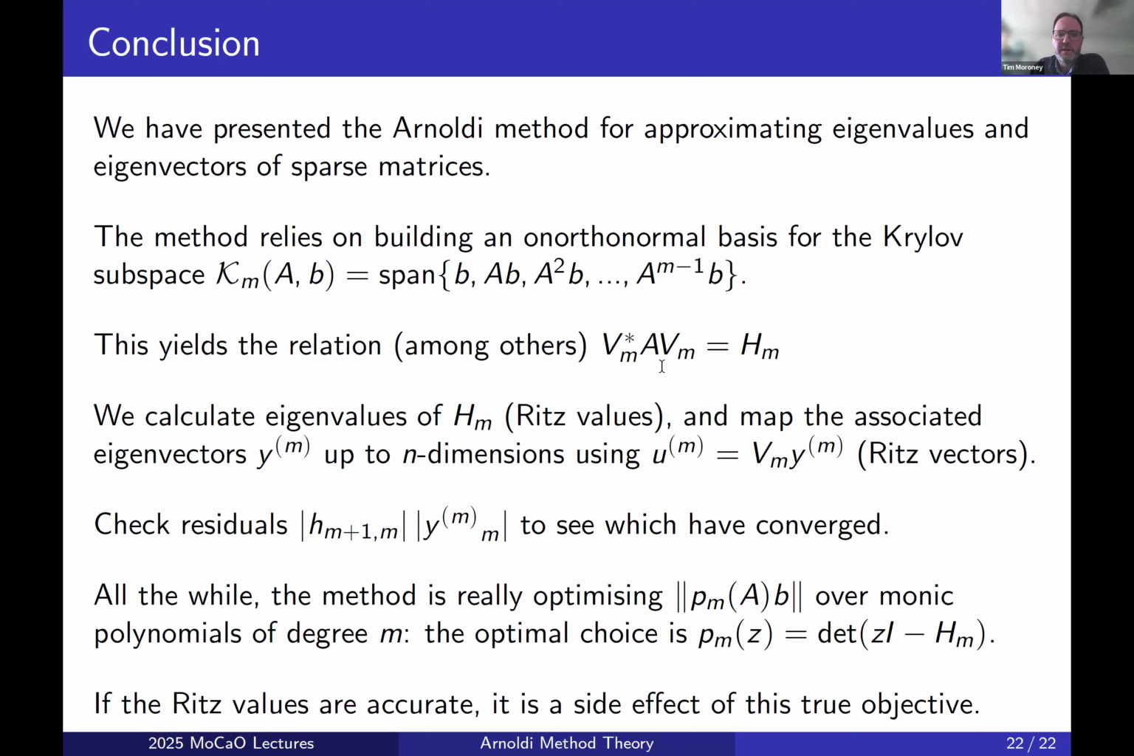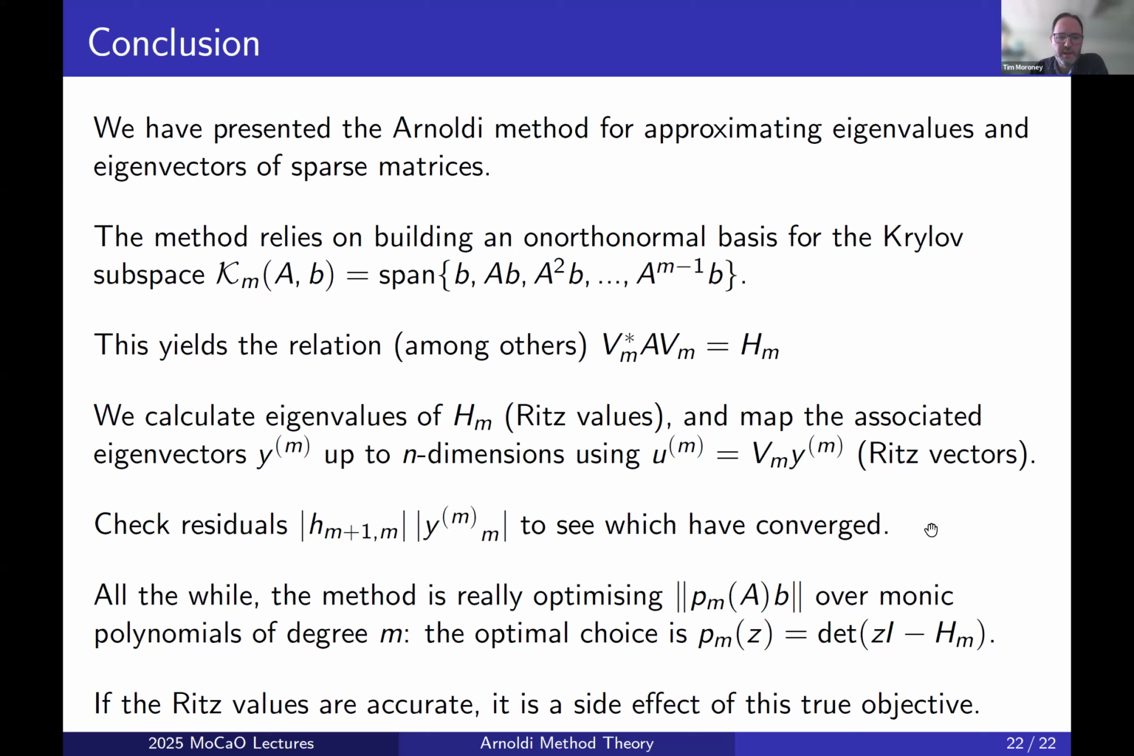Among them was this observation that the equivalent matrix to A in our Krylov subspace land is H. So that's the matrix we work with in the eigenvalue problem. We calculate its eigenvalues and we map the associated eigenvectors up to n dimensions. Okay, and that gives us the Ritz vectors. Before doing so, we would check the residuals to see which ones have actually converged, and we trust those ones